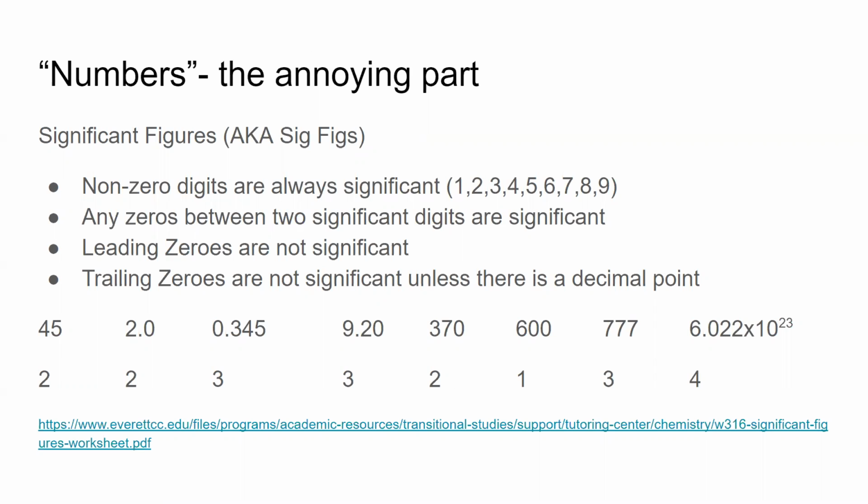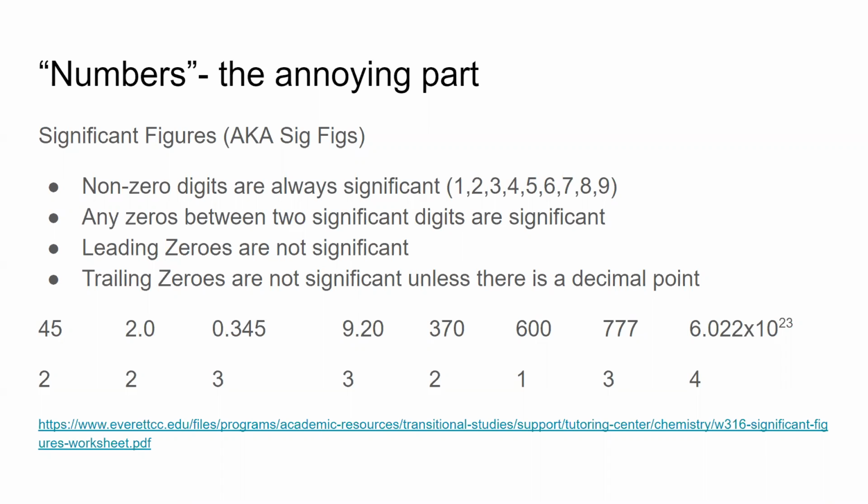Okay, this is the part that like most of my friends hated doing. This is what I heard is like the most annoying part of chemistry. It depends on your teacher really, because some people just aren't strict about it, and some people make sure that you have like very precise answers. So significant figures, also known as sig figs, there's a few rules to them where non-zero digits